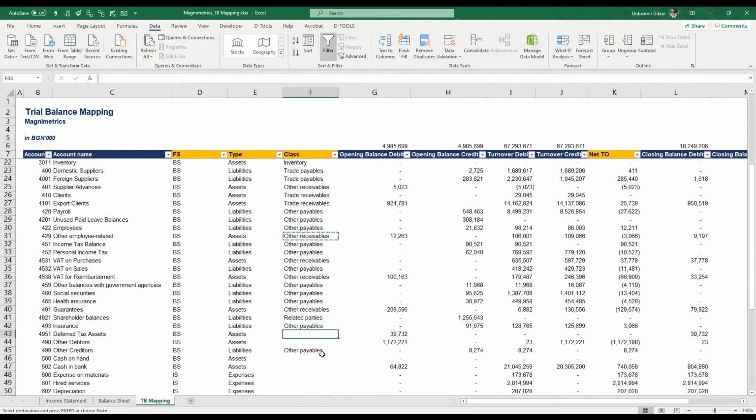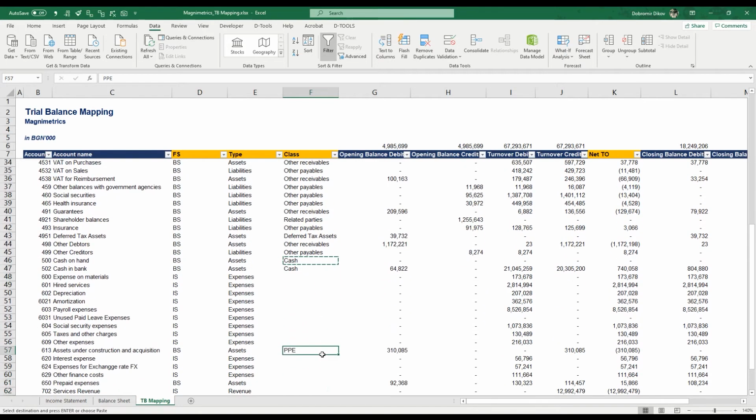Guarantees as well. Deferred tax assets is just deferred tax assets. This is other receivables. Assets, cash on bank. This is simply cash. And then we go to expenses. So we have our material expenses. Then we have our hired services,